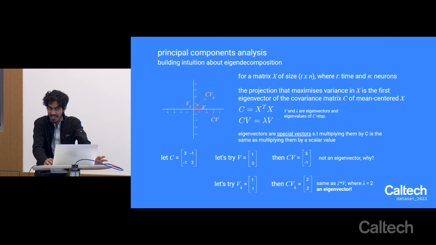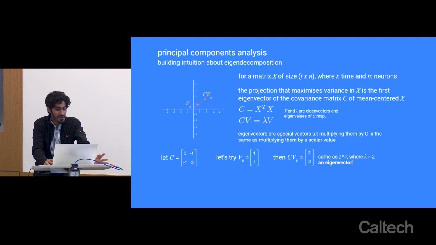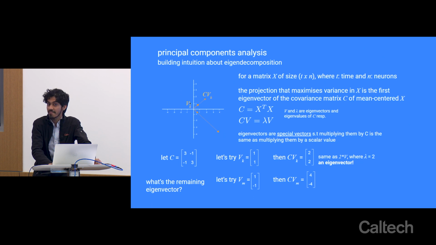You guys have a sense of what the second eigenvector is? There's one more eigenvector in the system. It's a simple combination of two numbers. So let's try, for example, 1 minus 1, right? It's going to give us a vector that's going to be 4 minus 4. So we again have a value here, 1 minus 1. It's going to be stretched out when you pass it through C, and it's going to be another eigenvector.